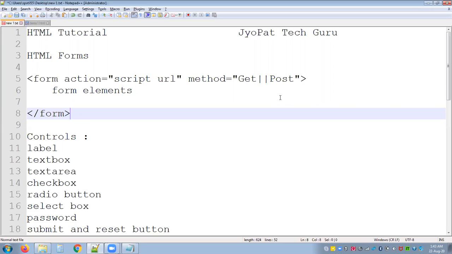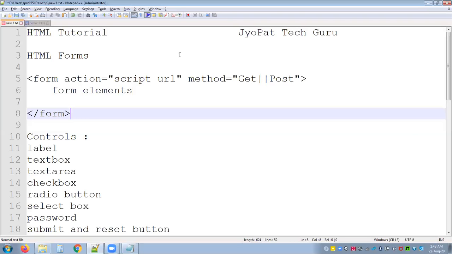A form will take the input from the site visitor and then post it to a backend application such as your ASP script or PHP script. The backend application will perform the required processing on the passed data based on the business logic defined inside your application. There are various ways through which you can introduce the controls.